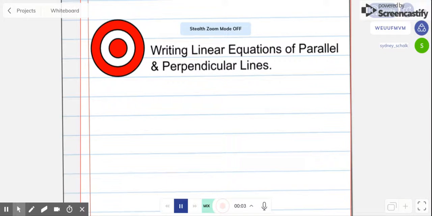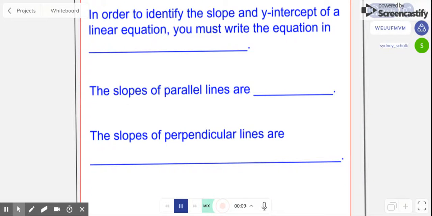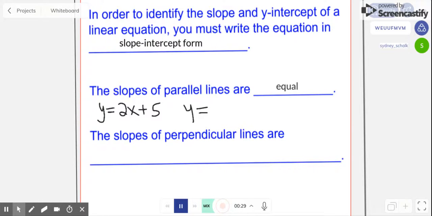7th graders. Today we're going to be working on writing linear equations of parallel and perpendicular lines. In order to identify the slope and the y-intercept of a linear equation, you must write the equation in slope-intercept form. The slopes of parallel lines are equal. So what that means is if I have y equals 2x plus 5 and y equals 2x plus 10, well,